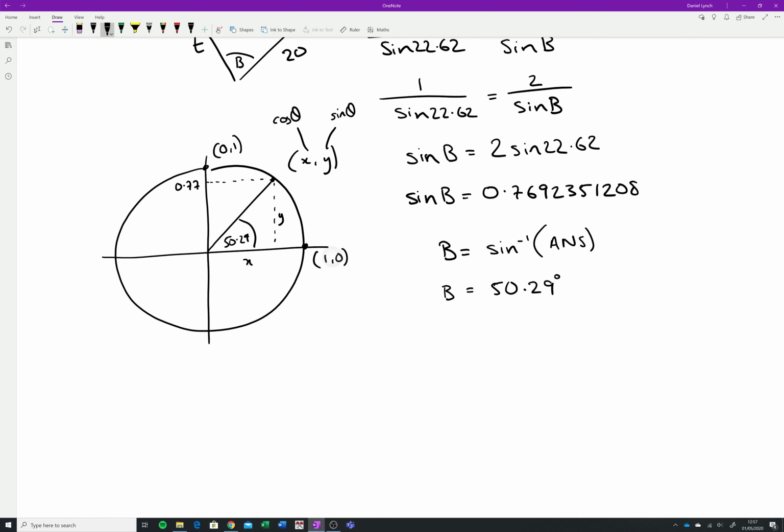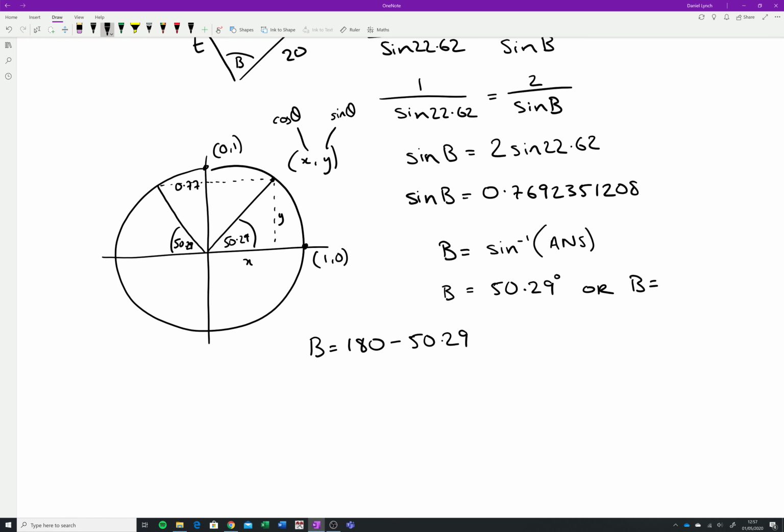But is there another angle? If we swung this arm all the way out here, this would also give us a y value of 0.77. Because these things are symmetrical, this will be 50.29 in there. But the question is, what did you do to go all the way there? Well, obviously the whole way here is 180, and we're only going back 50.29. So the other value for b is equal to 180 less 50.29. So there are two values for b,